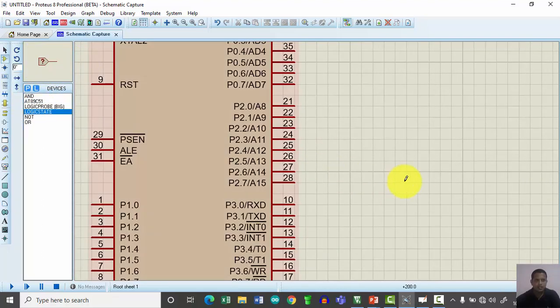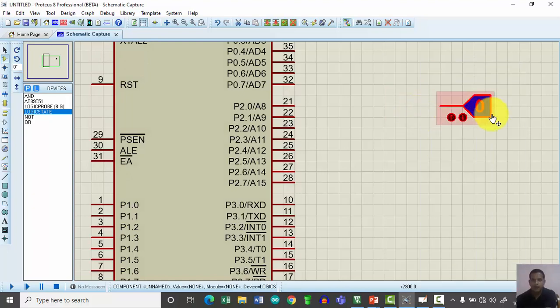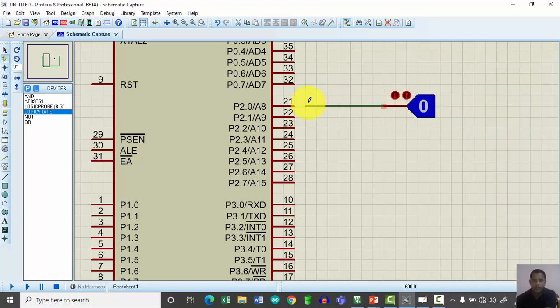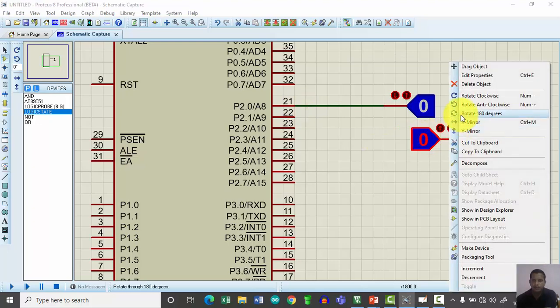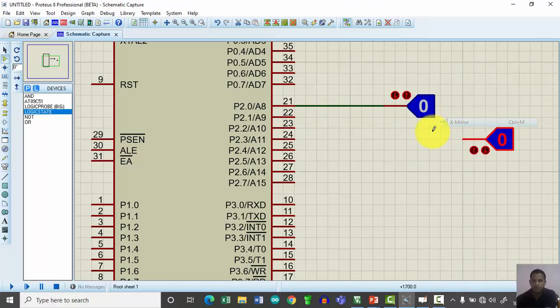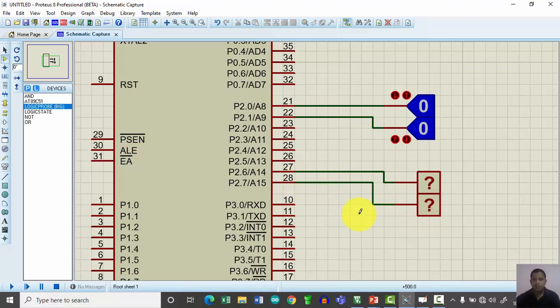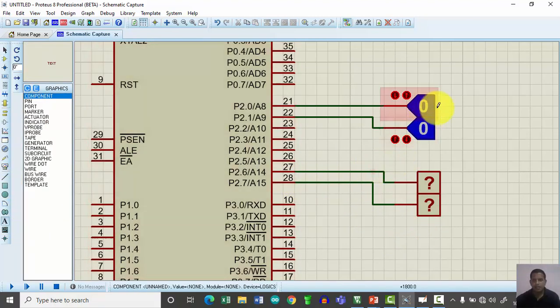So here the logic state, P2.0 is the first input, P2.1, and the sum is now reflected on P2.6 and the carry is reflected on P2.7. For the sake of simplicity I will give some nomenclature to it.